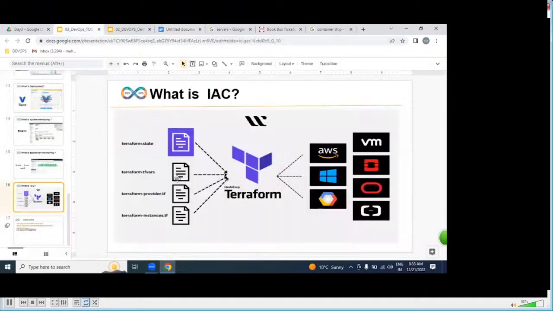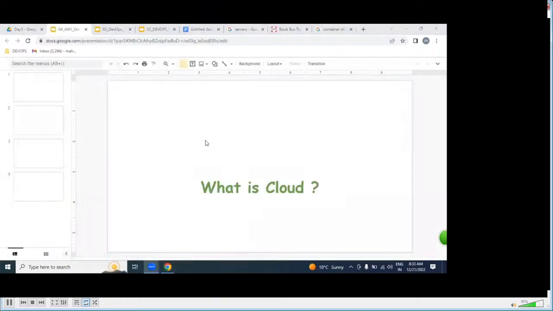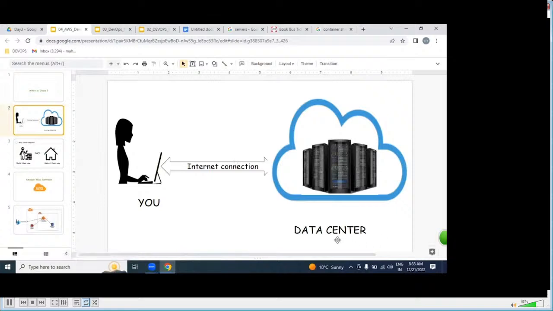Okay, fine. Let us come to the definition point of view. So what is a cloud? What is cloud computing? If we can access remote placed resources over the internet from a laptop, that is nothing but cloud. First, what is a data center? Yes, excellent.